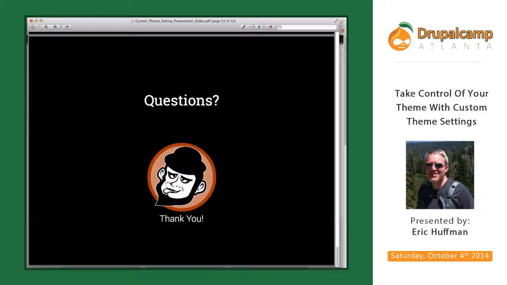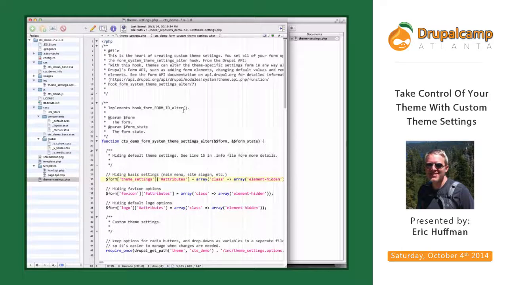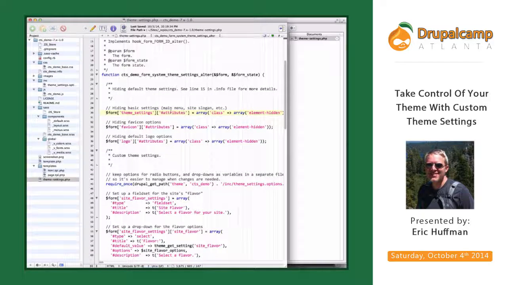For the example theme that I have, the Magically Delicious Corporation, that's just a standalone theme. And I can actually show you. I've got some of the code pulled up here if you're interested. So here's the whole file system. I don't know if you can see that well enough, but the theme settings page, right? Here's some examples, where I try to document things, and right here is where I'm saying, okay, let's go ahead and hide those Drupal defaults, and all it is, is using the form API